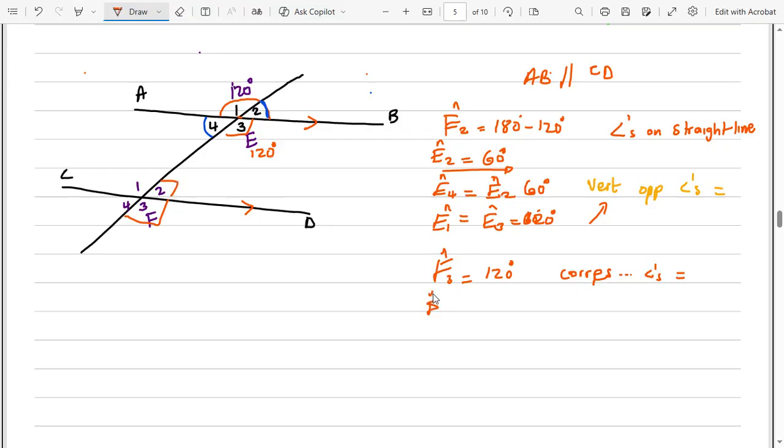Ne? F2 will be 60, angles in a straight line. Yeah. Straight line, right? And then we can definitely use, there are a lot of reasons that we can use to find F1 and F4. Are you happy with that? Yeah. All good, man. Do you understand the midpoint theorem? I think